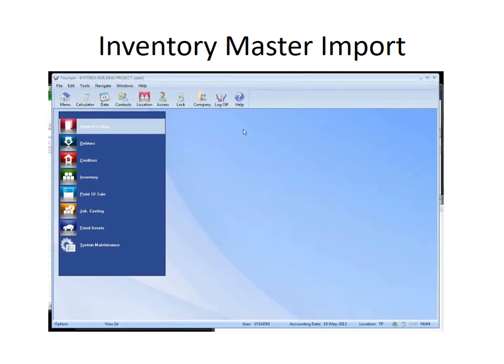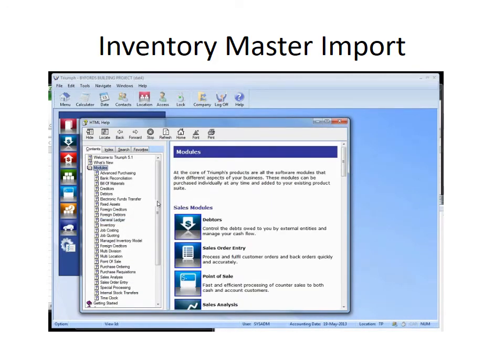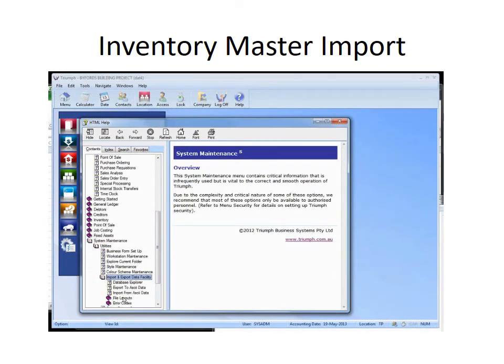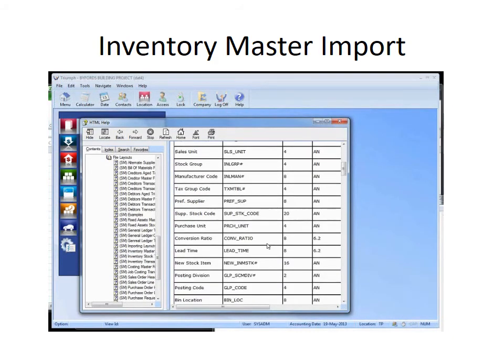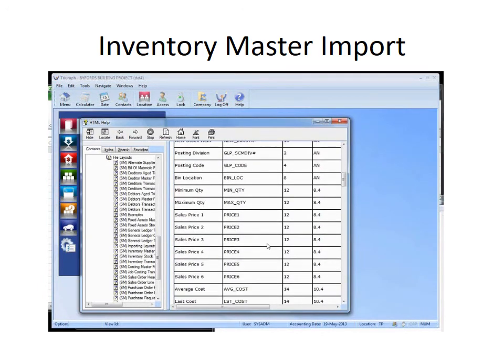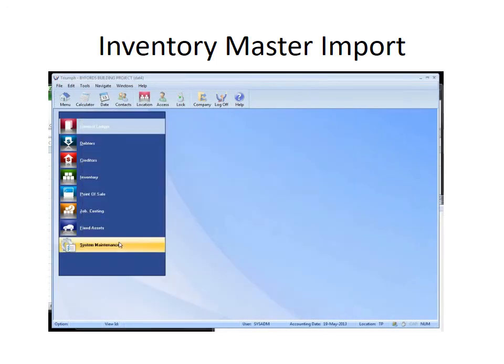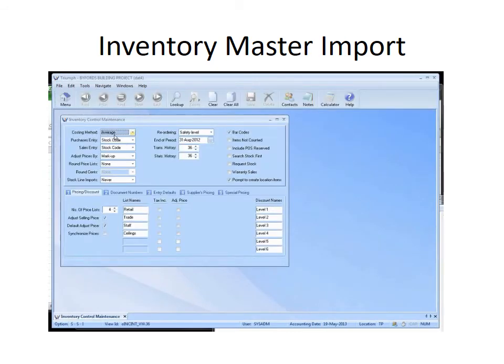So the cost price is, in my system maintenance utilities, import for inventory, and the cost price is called what? Average cost. But same thing now, I'm double checking my system setup that it is actually average cost that we're running. So it is running average cost. So if it wasn't average cost, we would be running it as a